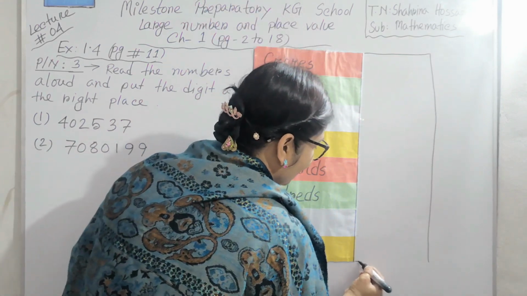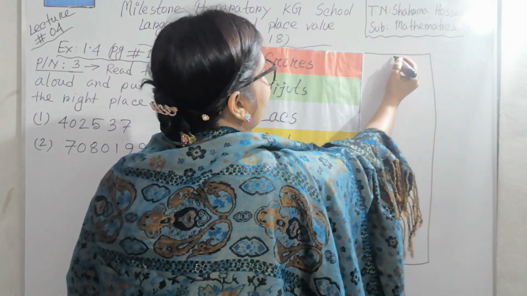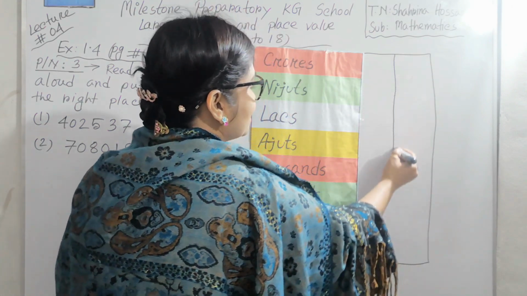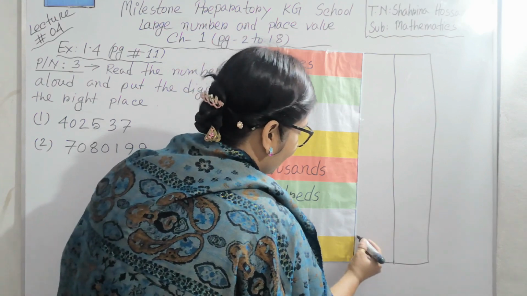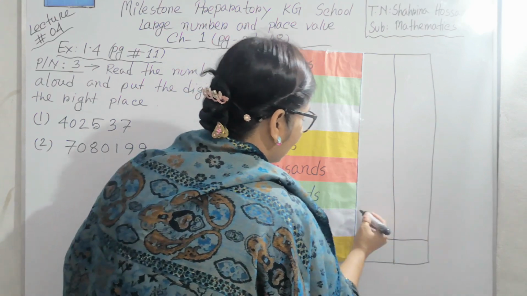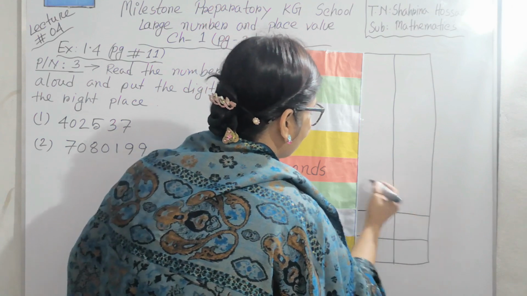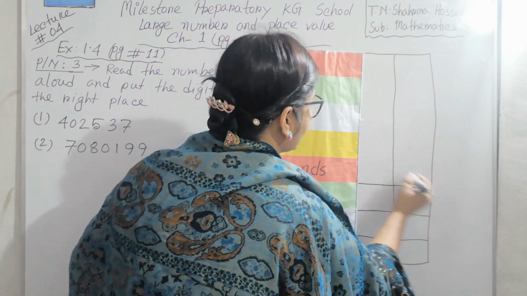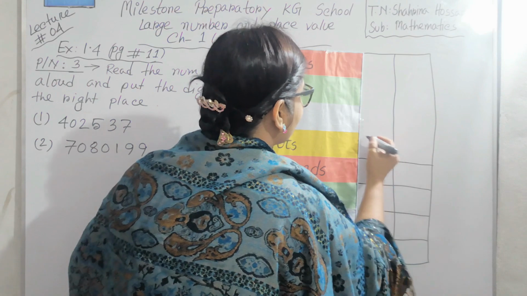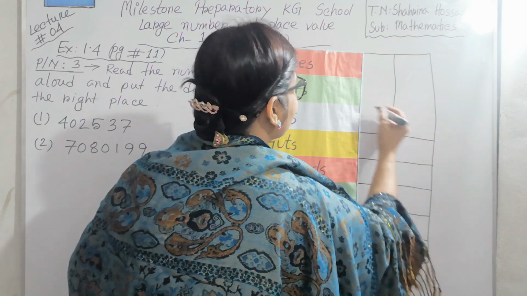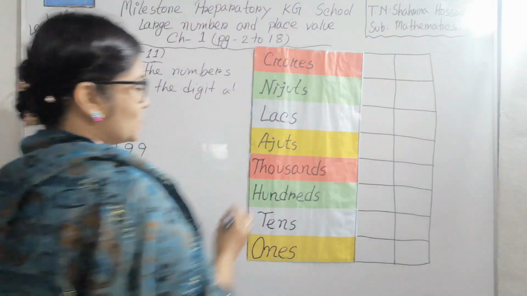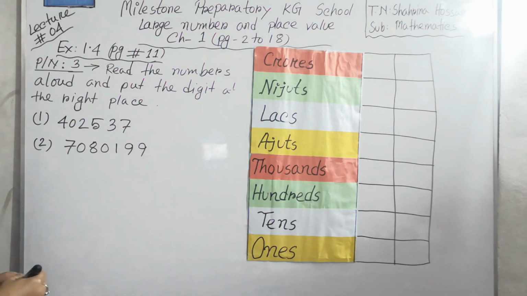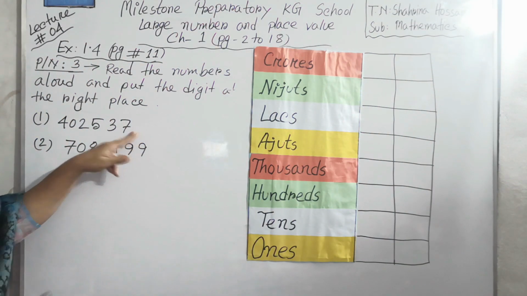Okay, make the box, divide it into 2 portions. Now we can make more boxes by following the chart. Okay, now see, if you see the board here,